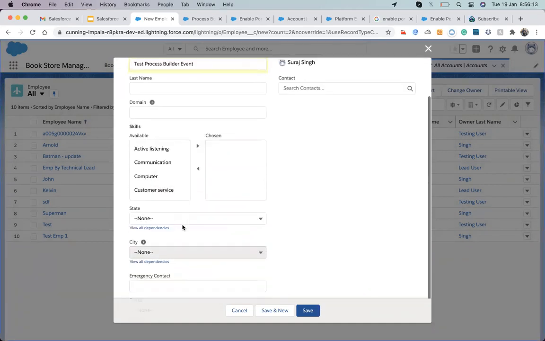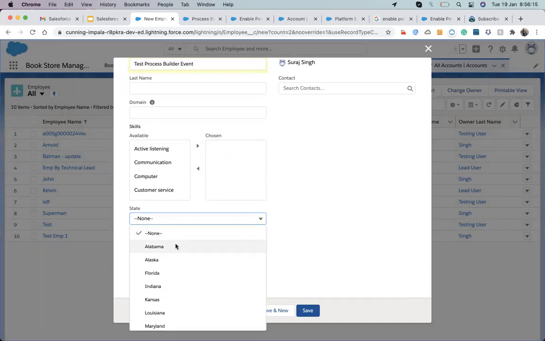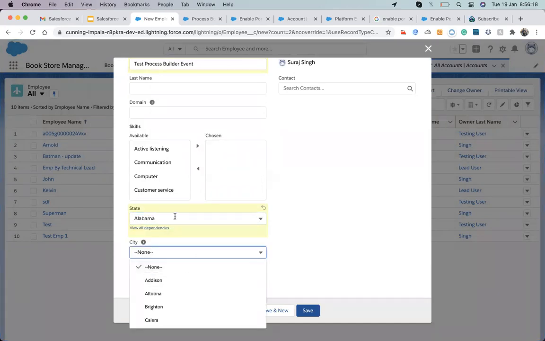So builder event. I just have to make the city New York related to